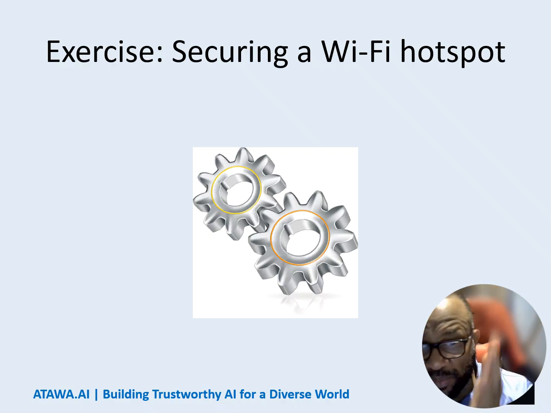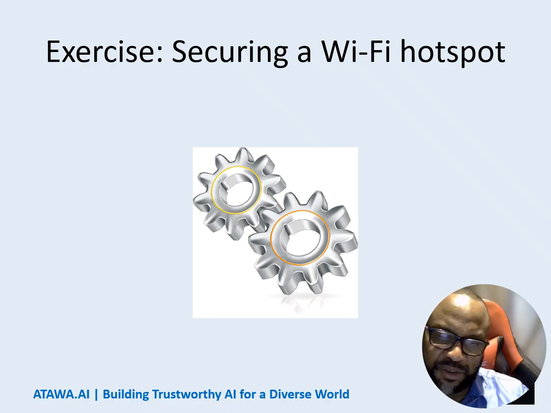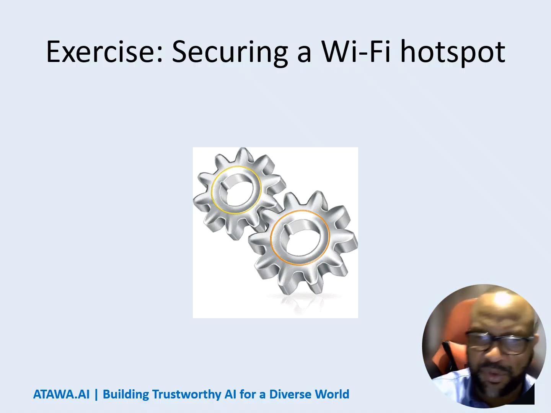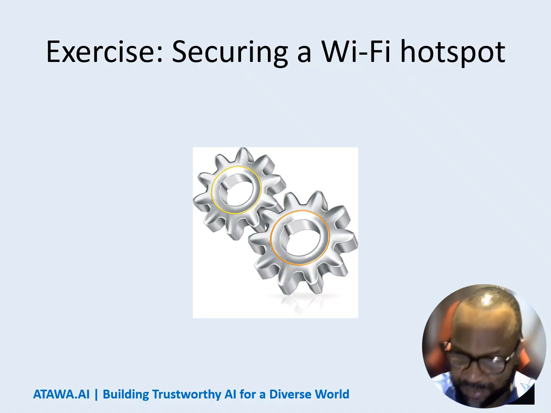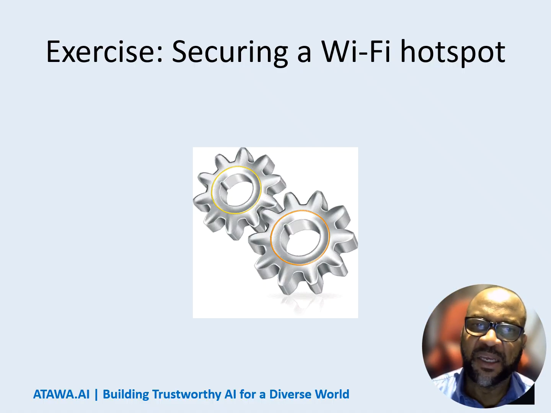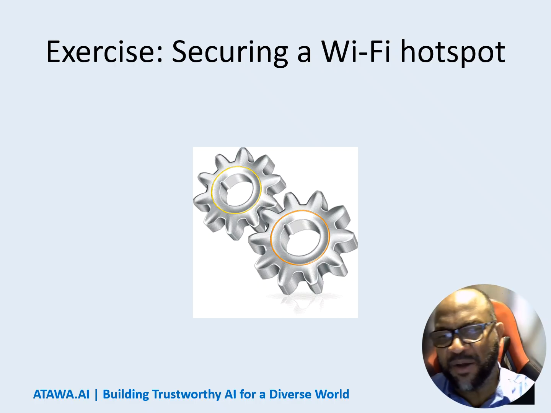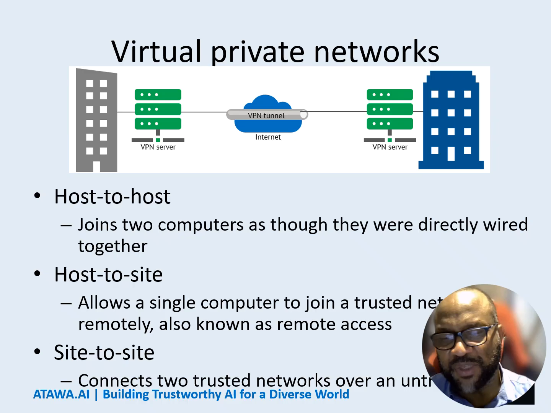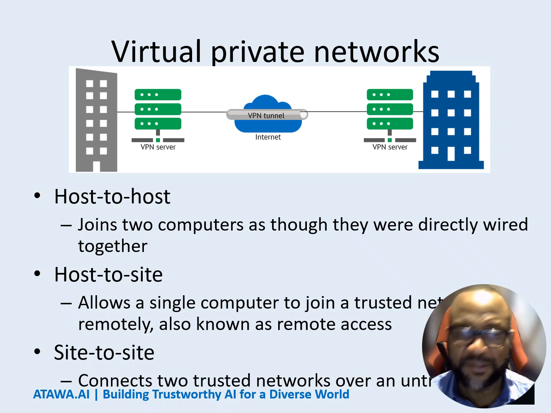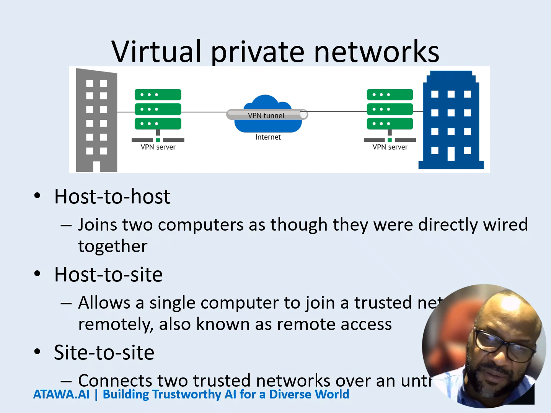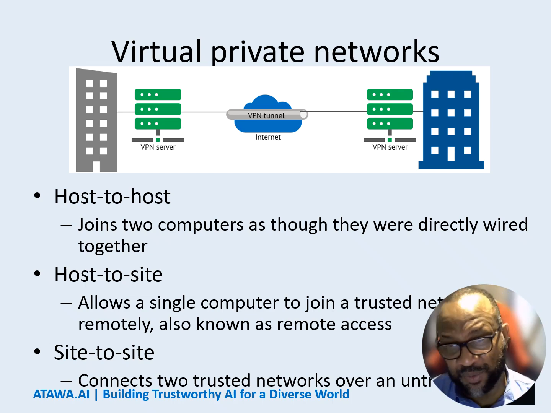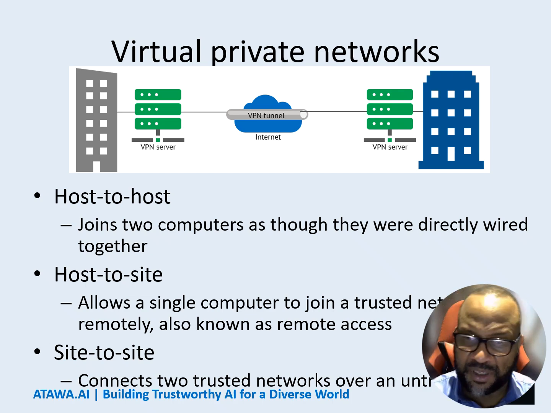And then when you have WPS, that's when you push the button on your wireless access point or your combined device to access the network. Try and disable that, or make sure you put a pin required for that. So securing a Wi-Fi hotspot is a good exercise to do. Normally what you do is you remove the SSID, the Wi-Fi name, that's called the broadcast, or you can reduce the signal. Of course, put password on there,